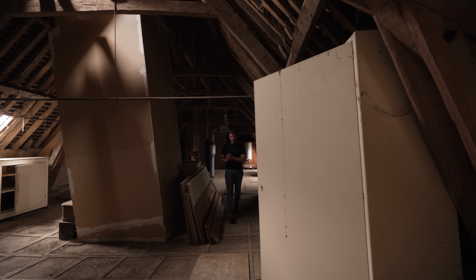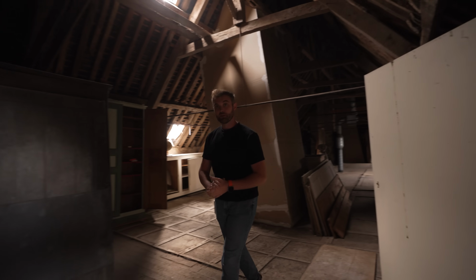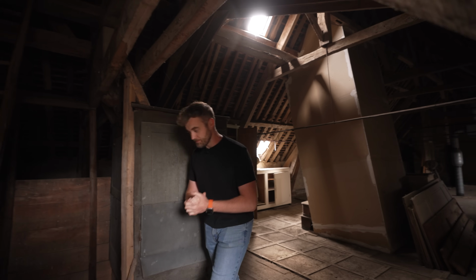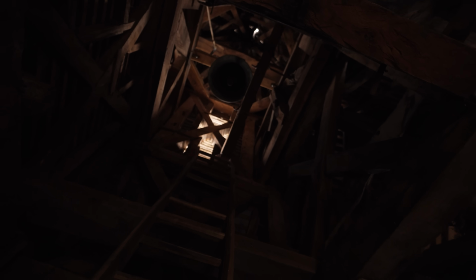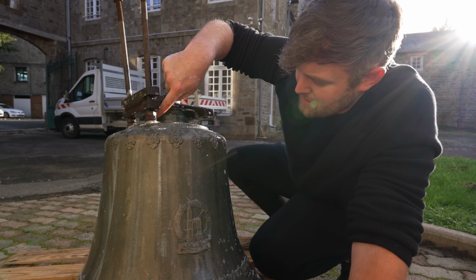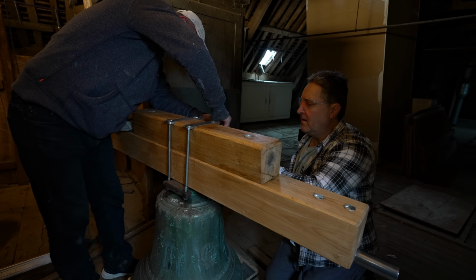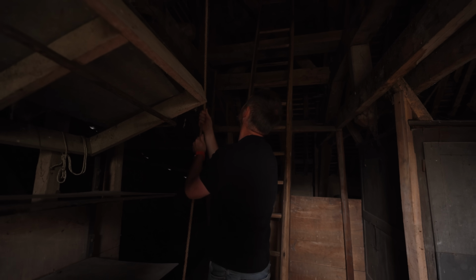So when the nuns sold the convent, they had the chapel deconsecrated, but they also sold literally everything. And here is the bell tower. And when we bought the convent, there was no bell in the bell tower, which was a big shame. But what we managed to do is source a beautiful old bronze bell, and we installed it, and it actually works. So if I just pull it,